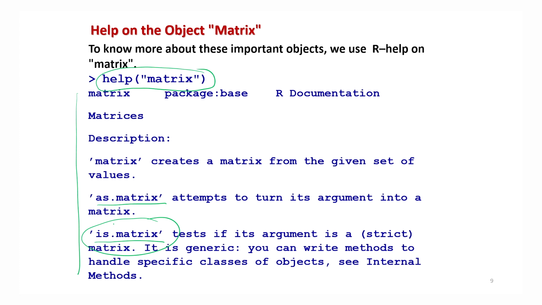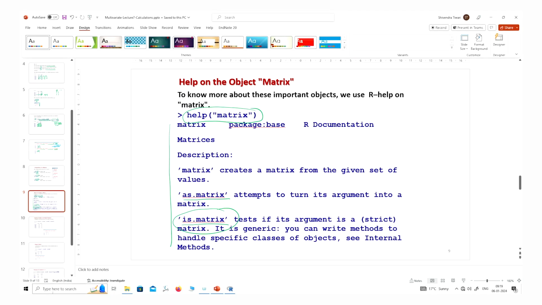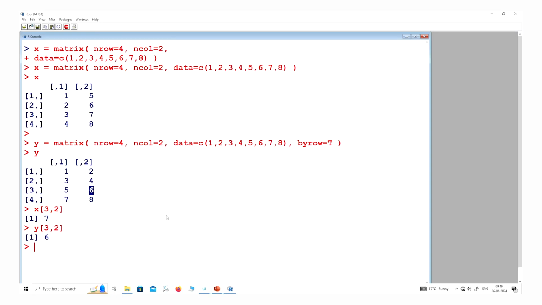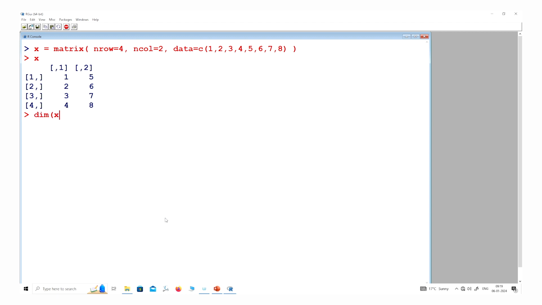But definitely I am not going into these details, but I would certainly like to show you the use of this dim command and nrow and ncol, right. So, let me clear the screen and let me bring up this matrix x. So, you can see here it is like this, and now if I write dim of x, it is 4 2, that means there are 4 rows and 2 columns, and if I say nrow x, this is 4, and if I say ncol x, this is 2. And similarly, if you take any other matrix, then similar observations can be obtained.